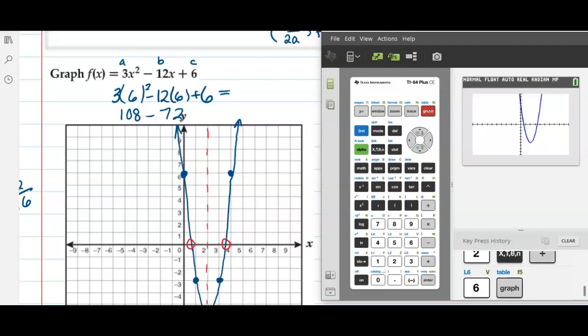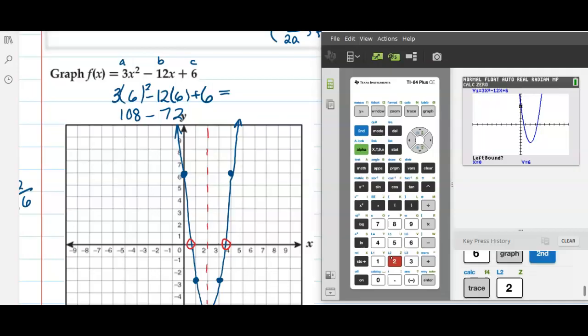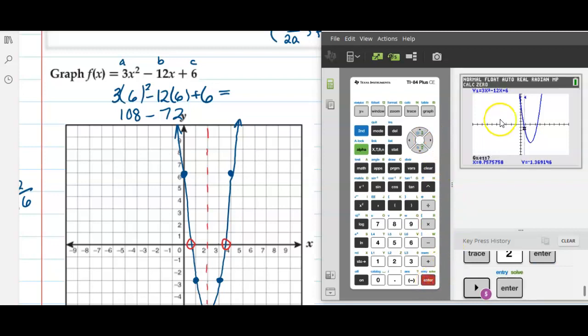Now, to figure out where it crosses, I'm going to press second trace. I want the 0, which is option 2. I want my little flashing cursor, or spider, to be before where the graph crosses. So right up here, because this is where the 0 is, I want it before as I go from left to right. So I hit enter, then I move my cursor to the right, enter,